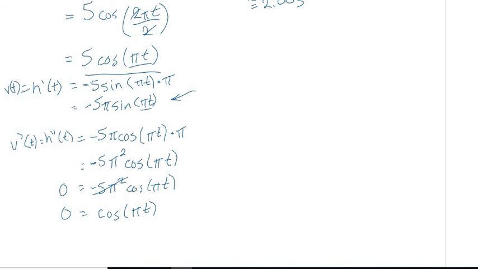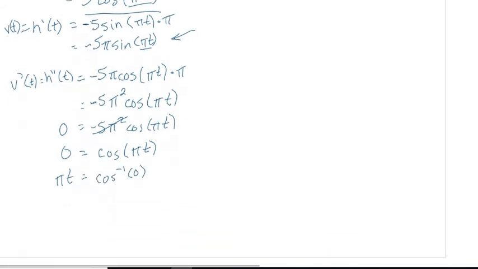So that means that pi t, we can just reverse that, becomes the inverse cosine of 0. Inverse cosine of 0 is going to be pi over 2, 3 pi over 2, 5 pi over 2, and so on and so forth. But now it's equal to pi t, so let's divide pi from both sides, and that becomes t equals 1/2,